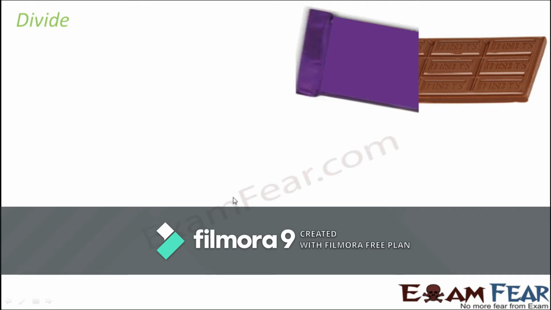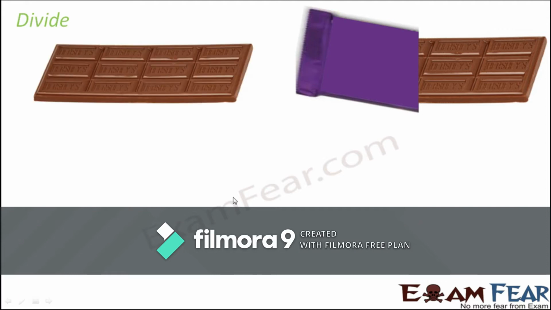So what do you see on the screen? Yes, you do see a bar of chocolate. Now let's say that you have a complete bar of chocolate, but your mom strictly told you that you can only use half of it. So the remaining half you need to keep for somebody else. So you can only eat half of the chocolate. That means this entire chocolate is there, but it is not available to you. Only half of the chocolate is available to you.